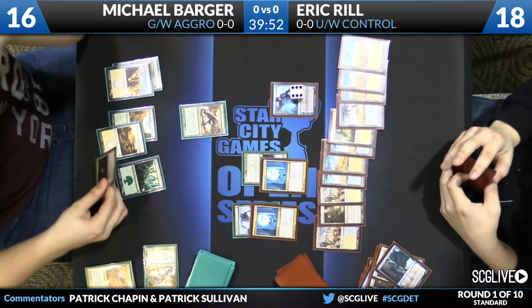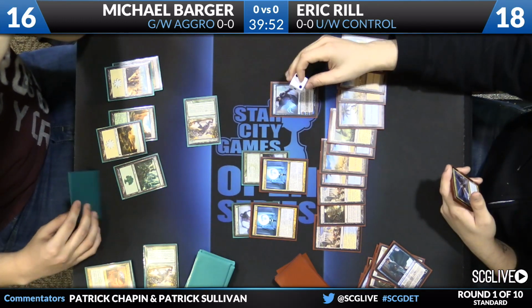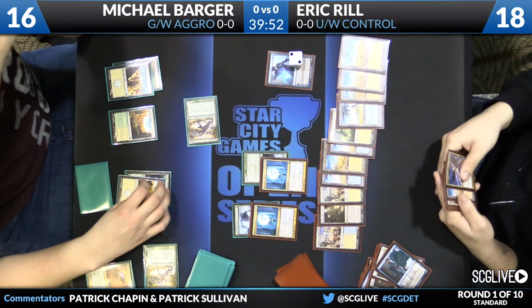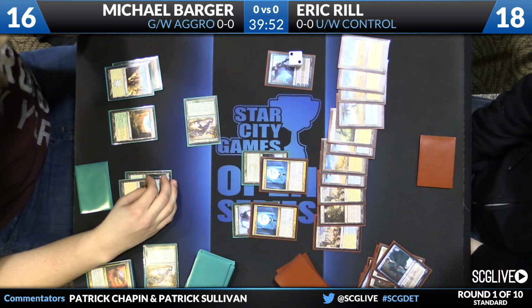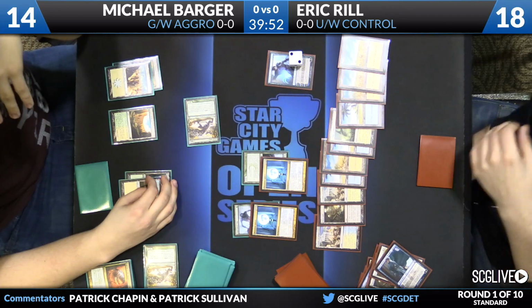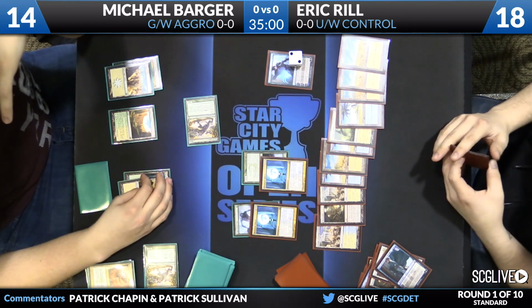The desperation, Boone Sater. Maybe a while ago this would have made a difference, but not with the way it is now. Michael continuing to try to present some sort of an offensive, but Eric about to bury him under a Sphinx's Revelation. Yep. And the writing's on the wall here if you're in Michael's seat, because Eric isn't even bothering to